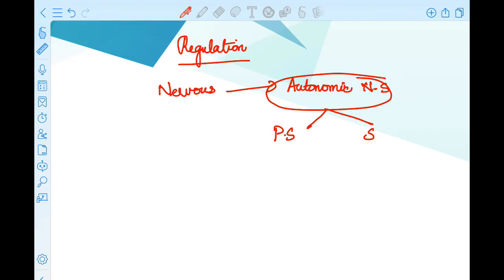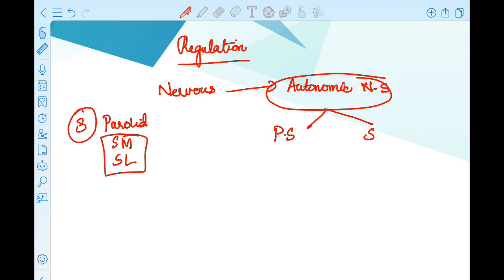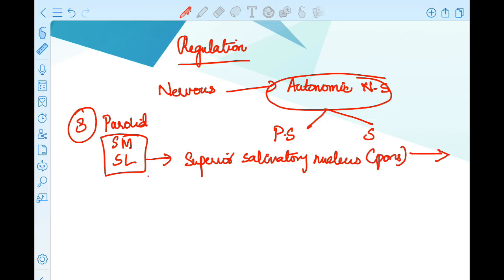So under the parasympathetic nervous system, first of all, we know that there are three major salivary glands: the parotid, the submandibular, and the sublingual. The parasympathetic supply to each of them is different. First of all, let us take submandibular and sublingual. The preganglionic fibers arise from the superior salivatory nucleus. This is the nucleus that is present in the pons, and it travels via the